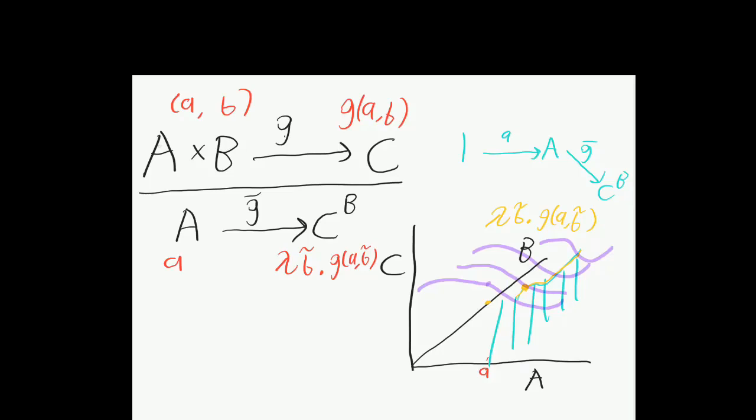But this kind of notation in black is really the key idea, basically that we can convert between this kind of function G, which takes two inputs, an input from A and an input from B, and returns an output in C, and we can sort of convert between that kind of way of thinking of a function and this kind of way of thinking of a function here, where we're basically